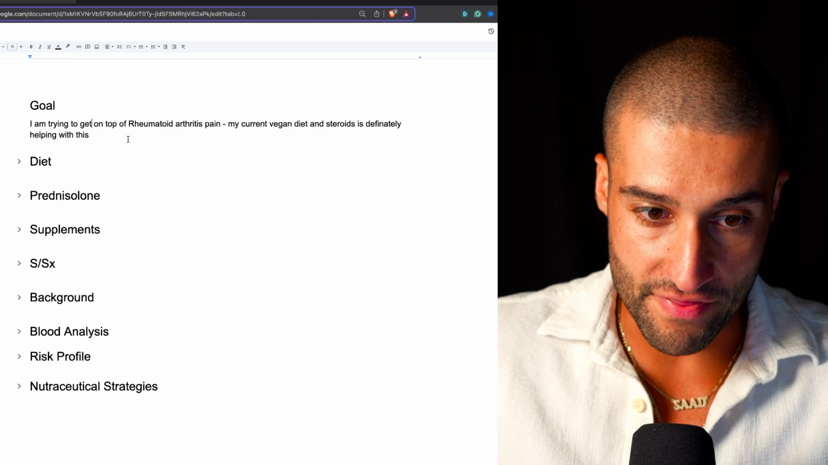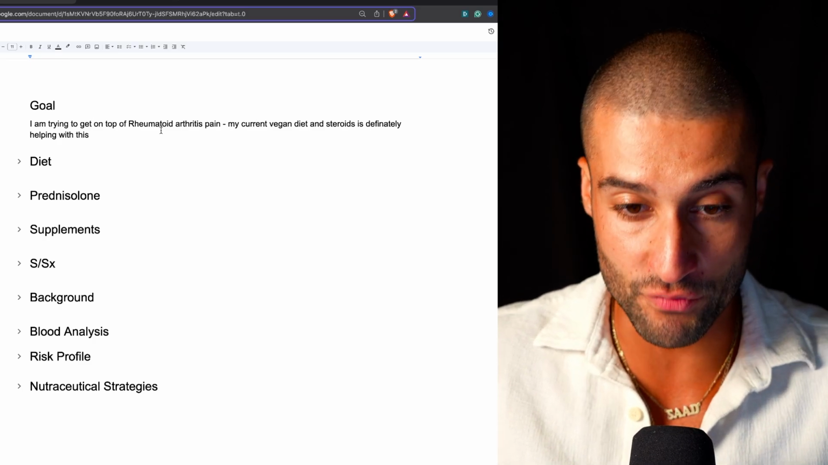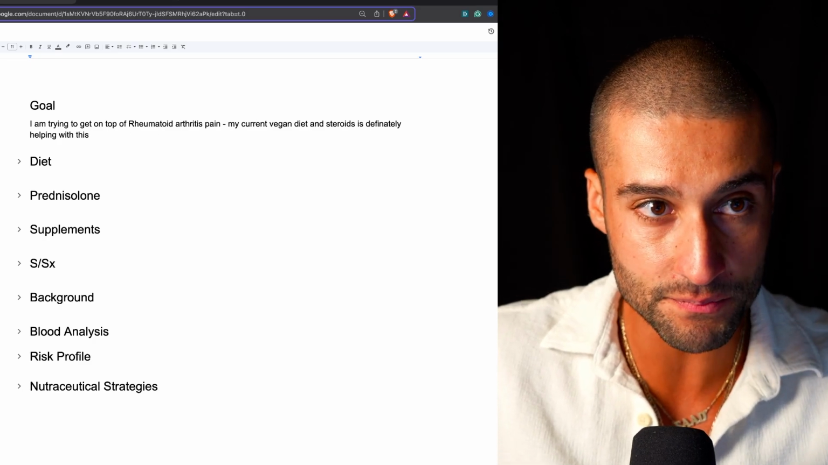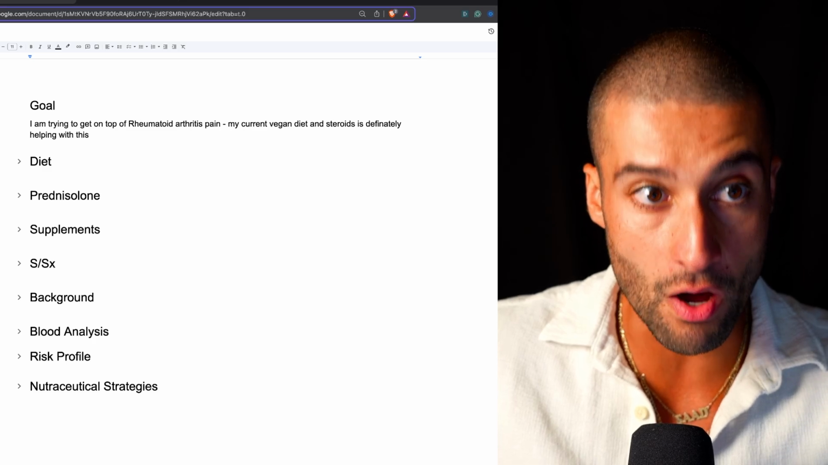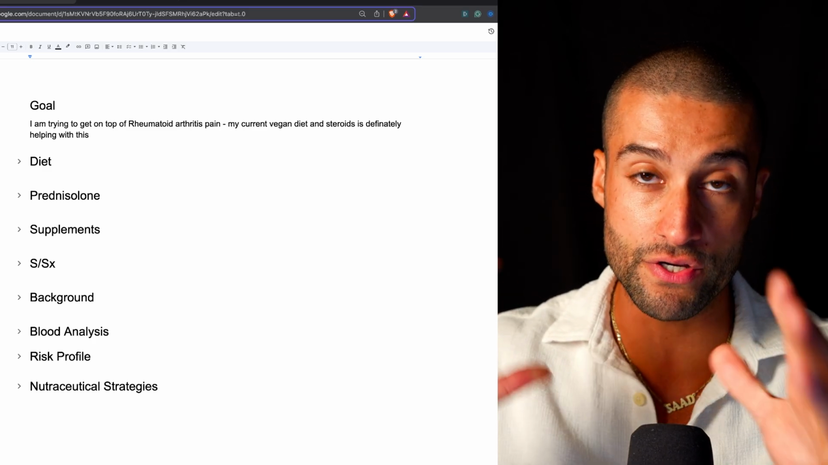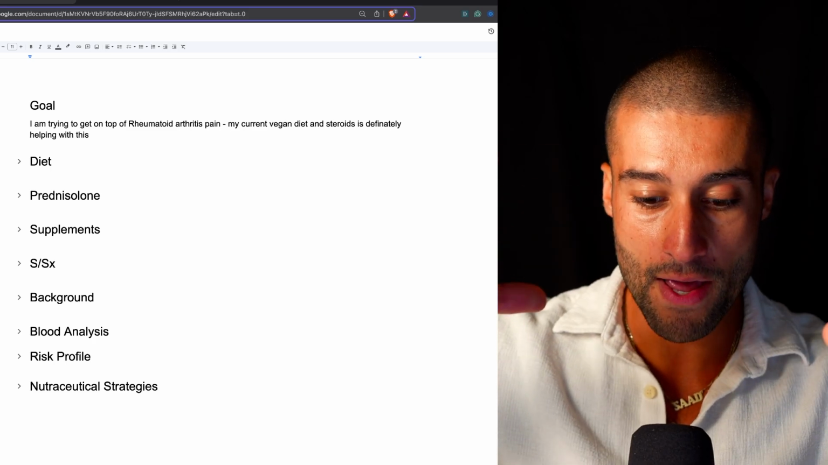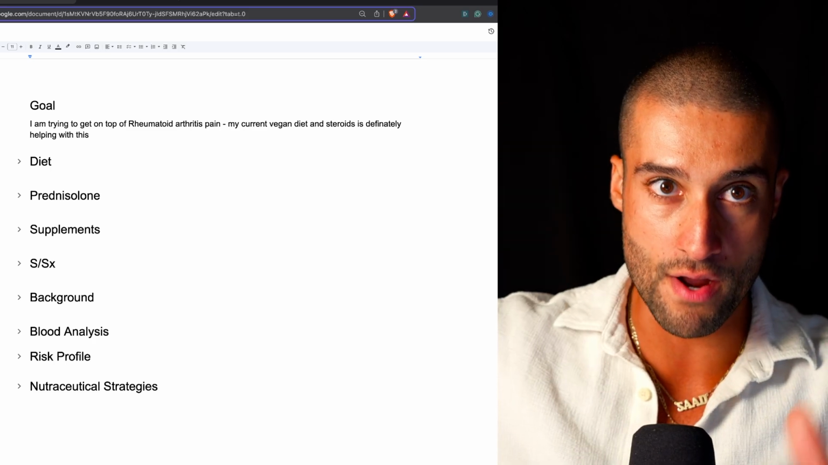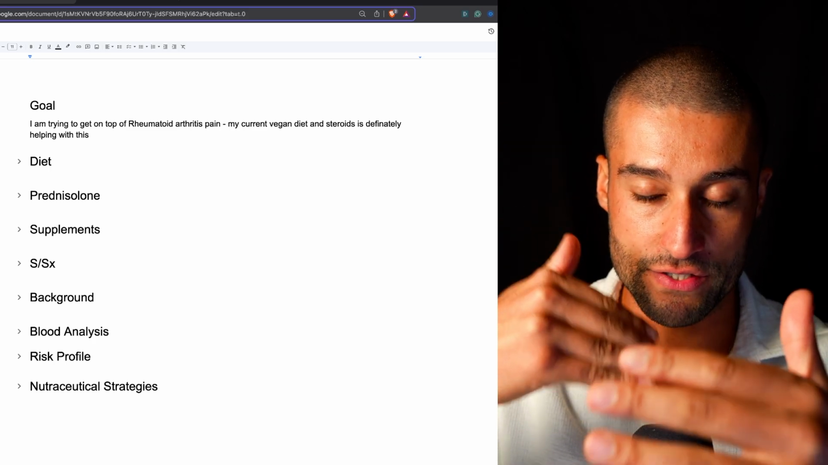So let's start off with the goal. This patient has some rheumatoid arthritis pain, but another additional factor that I want to mention to you is they're actually working with a naturopath right now. So you're going to see me untangle and manage when another practitioner has come in and given suggestions and advice,